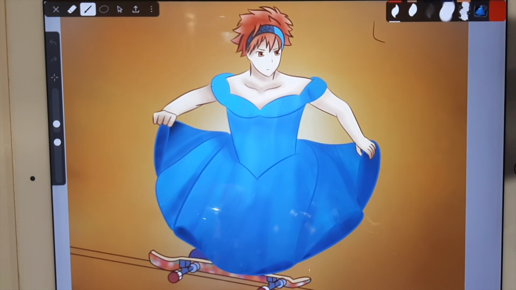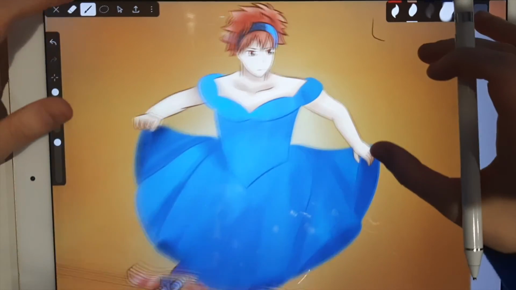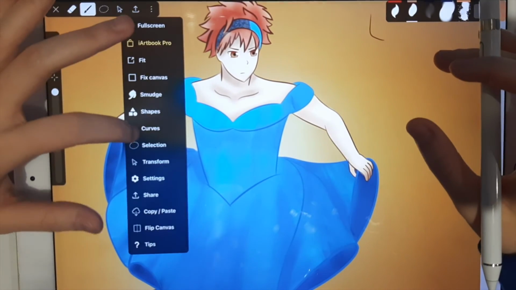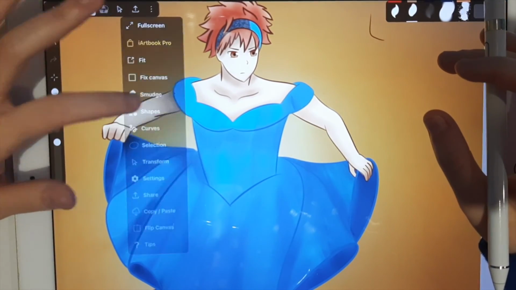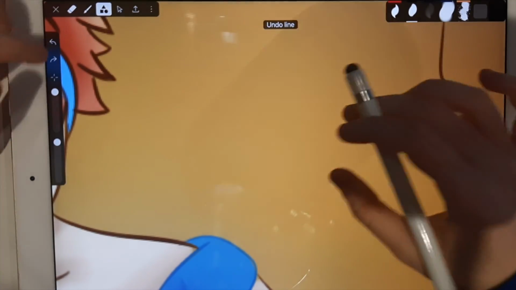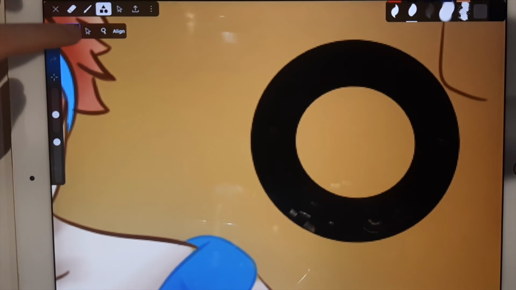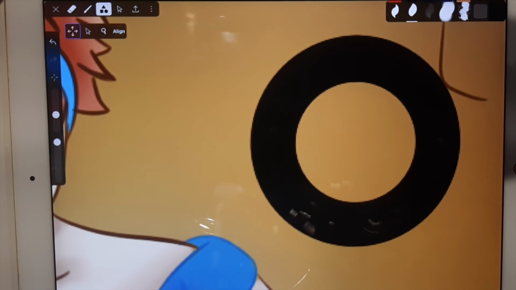So their shapes tool is also nice as it had this align feature. So for example, if I wanted to draw a circle, I would click over here, shapes, and draw, I'll draw a circle here, and if I click this align button at the top left, it'll turn it into the perfect circle. Now you could also get this feature on Autodesk Sketchbook by using the predictive stroke line or the shapes tool, but it would be really hard to get it into the perfect circle instead of just a